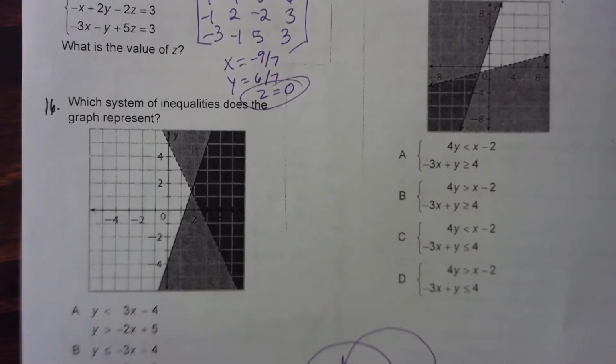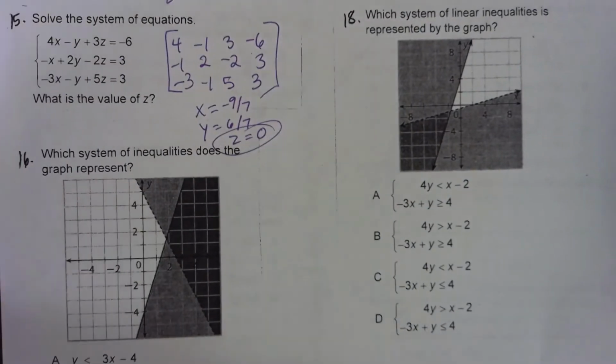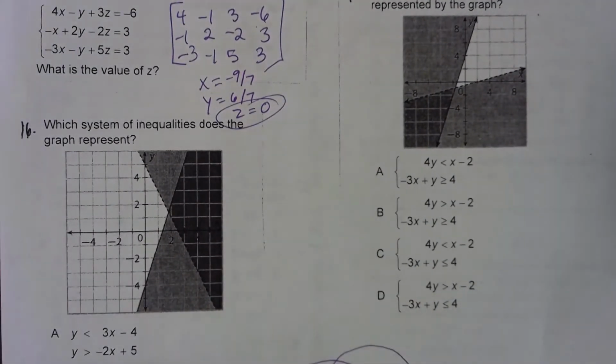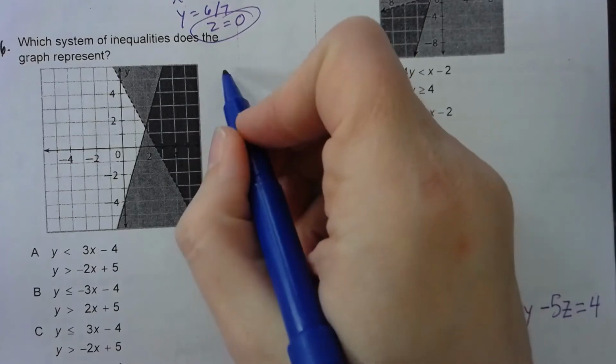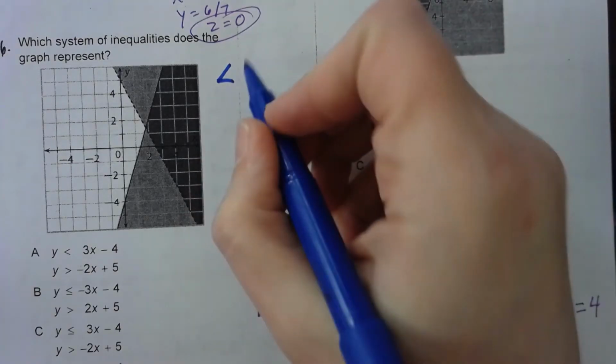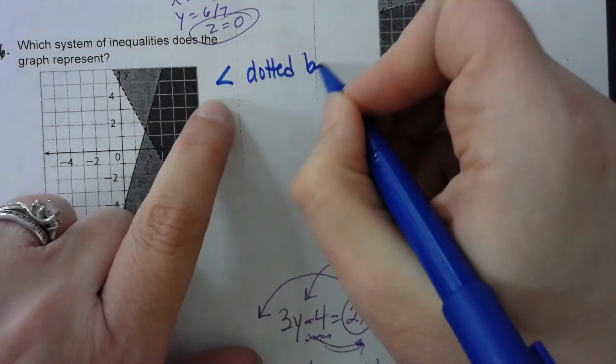All right, welcome back. We are still on Unit 3. We are looking at the inequalities, systems of inequalities. Okay, so just a couple things to remember. If you have this sign, it's going to be a dotted line, and you are going to shade below